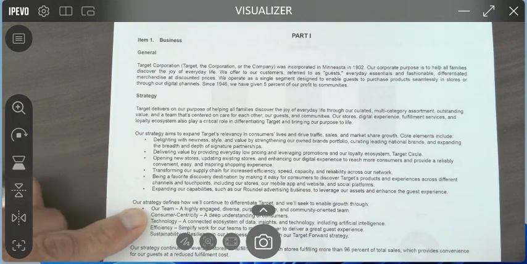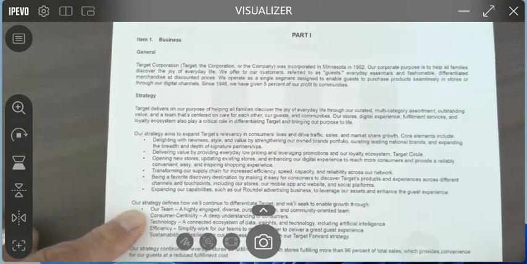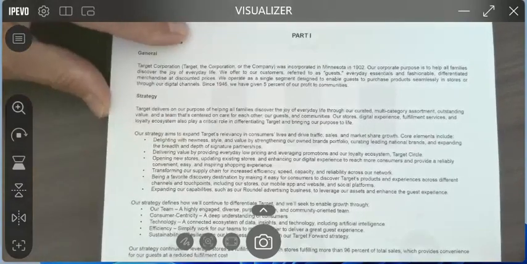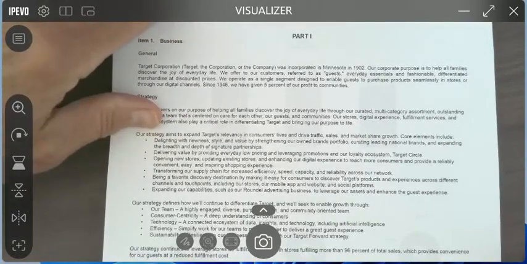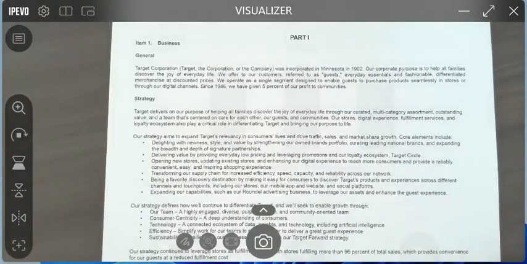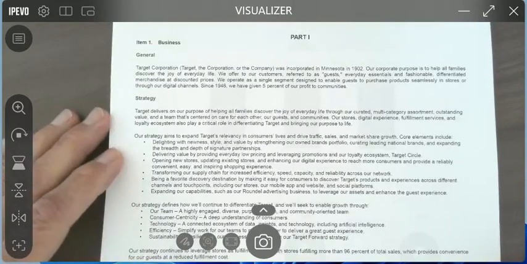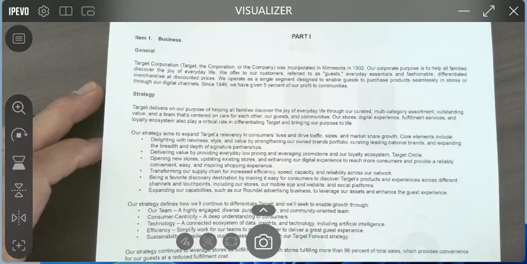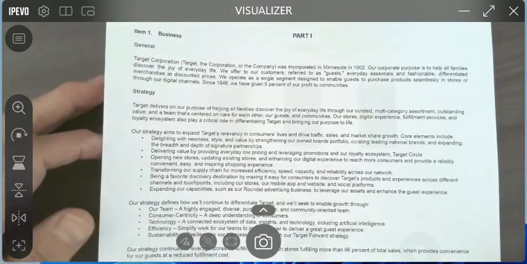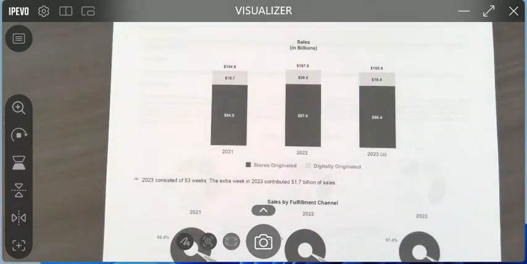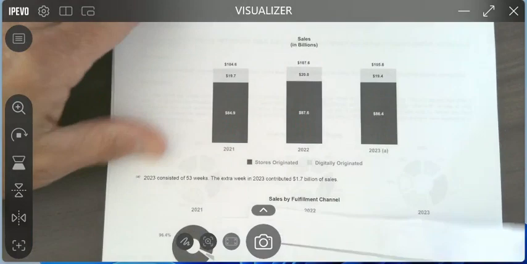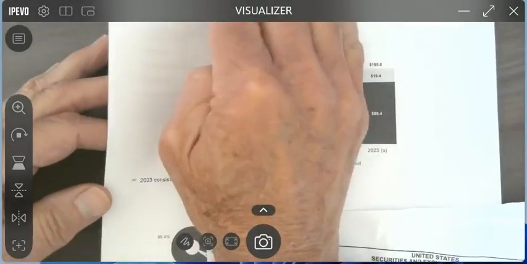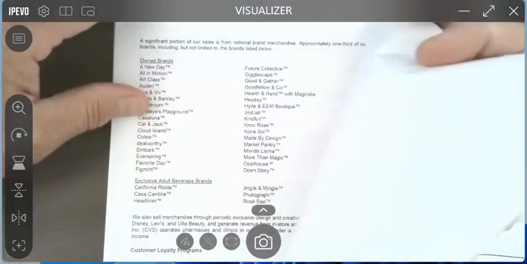Our strategy defines how we'll continue to differentiate Target, and that's shown there. So you can pull this up. This is, of course, available on the internet. I encourage you to read through it. And by all means, when you're going to apply for a company, read through their annual report, and you will know more about the company likely than the person that's interviewing you. They'll be impressed. Okay, and there's a little bit about the sales, some visuals about the sales, and here's financial